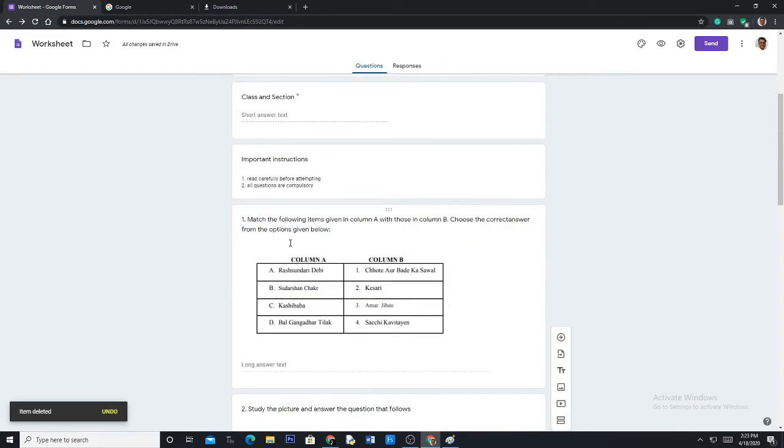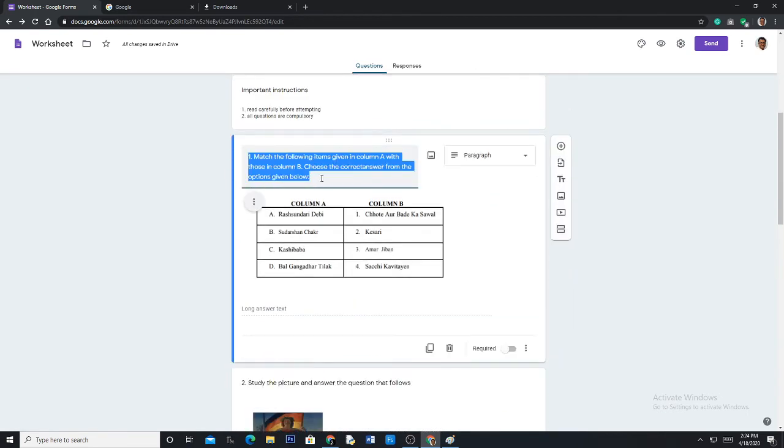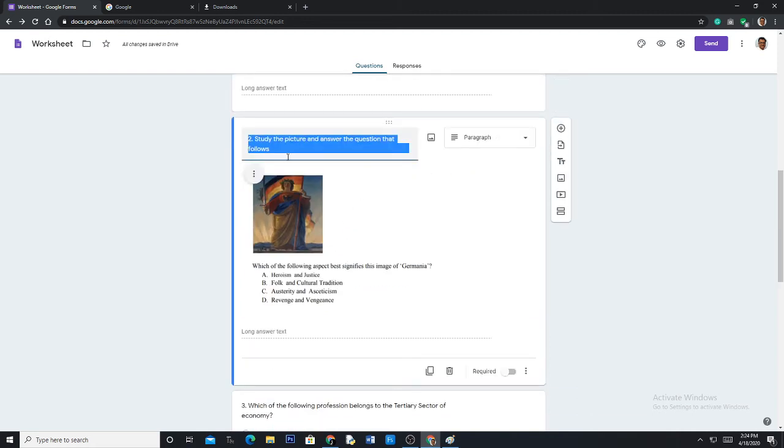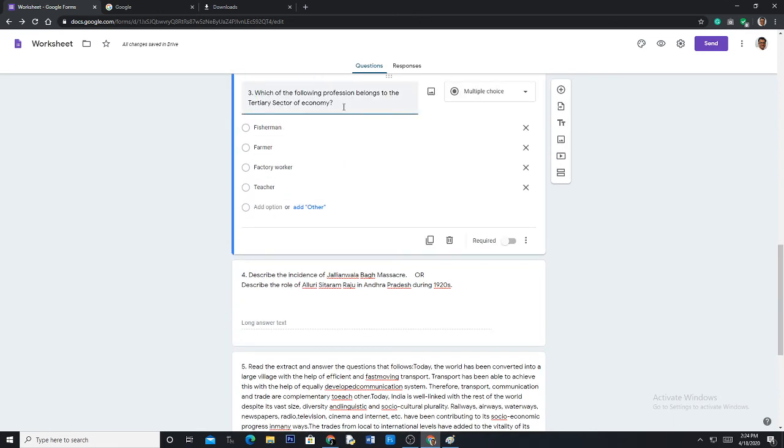Now how many questions do I have? Here, this is a 20 marks question. Suppose I want to give this question as a 2 marks question. See, I am keeping it in brackets so that the child understands. Suppose I keep this here only, and this is also 2 marks. You can give it like this. And suppose this is a 1 mark question, so here I say 1 mark.